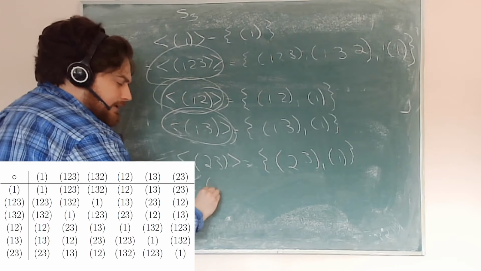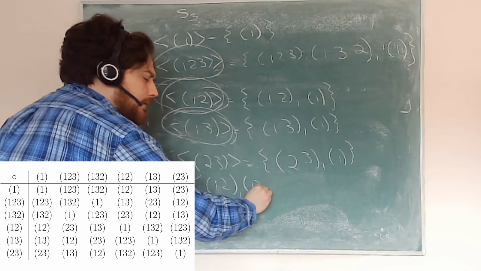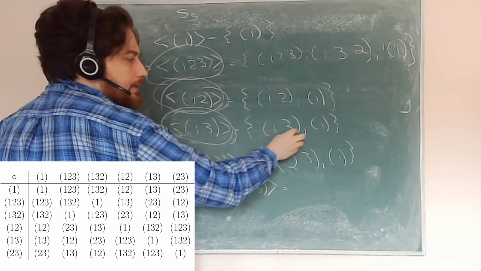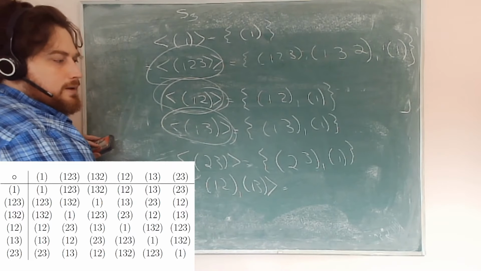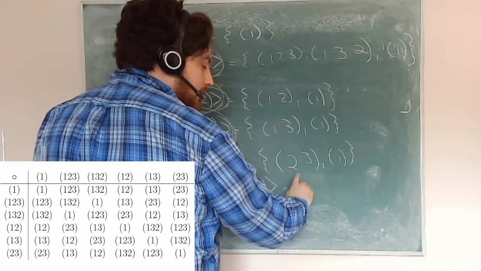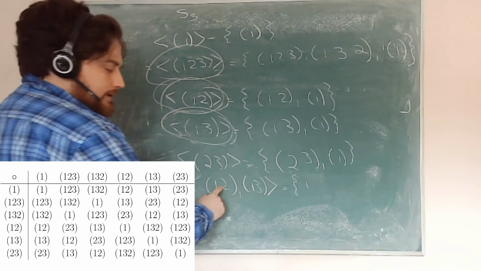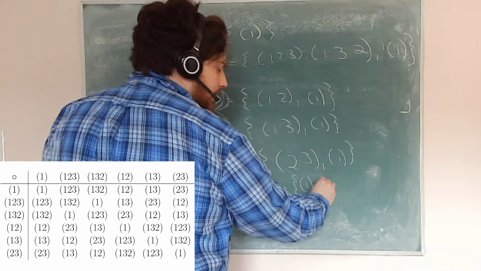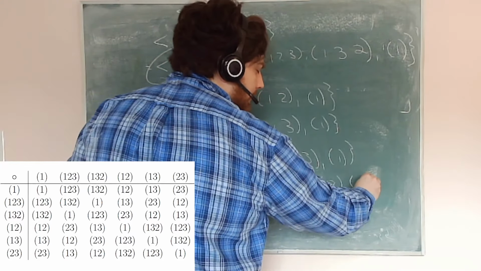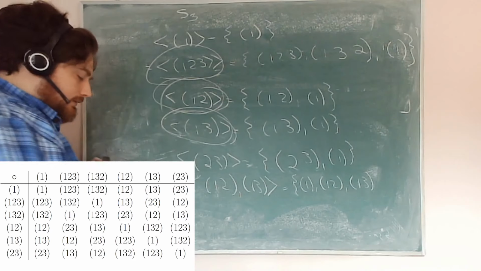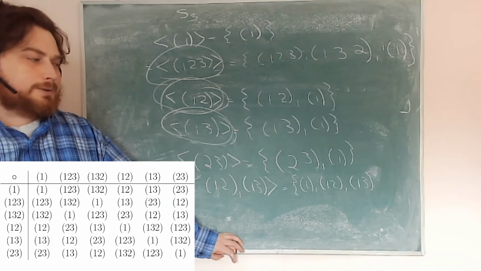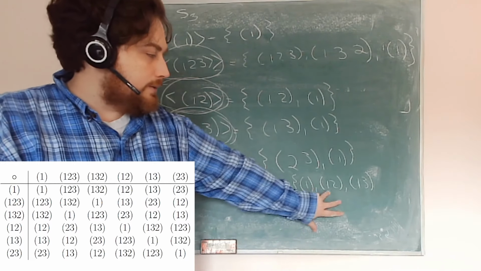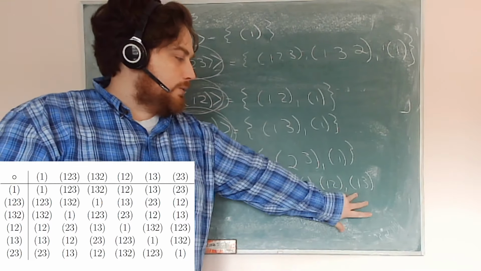So let's say 1, 2, and 1, 3. And so I know I'm going to have 1, 2, 1, 1, 3, 1. And so now if I look at that set, I know that those 3 elements are in there because I know that everything generated by this and everything generated by this is going to be in there. So I get 1, 1, 2, and 1, 3. Now, I do have 3 elements there, so it's possible that's a subgroup, but I want to make sure it's closed under compositions. So these 2 are fine, these 2 are fine, but if I compose 1, 2, and 1, 3, I get,